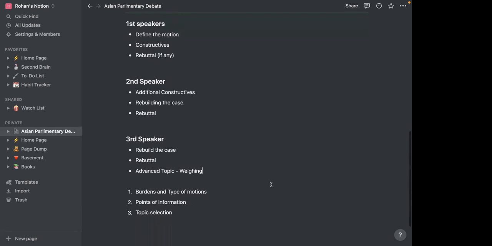And that's a third speaker's job, because the first two speakers actually focus on making the argument, right? They can't focus a lot of time on why this argument is important, although, again, it is their job to a certain extent. The third speaker focuses on it because they have a view of the entire case, because both teams have now spoken for 14 minutes each and have presented all of their argumentation. For a third speaker, it's easy to go ahead and look at both cases and try to prove why your case or your arguments are much more important within this debate.